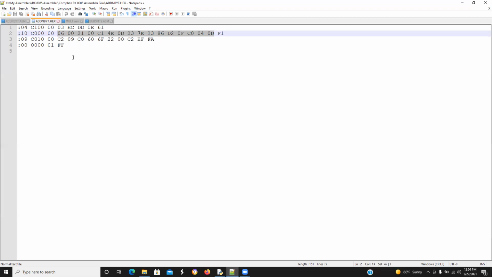All of these are stored in bytes, right? Because 4E represents 0100 and 1110, a total of 8-bit numbers. It is a byte. Now, just to explain this checksum,